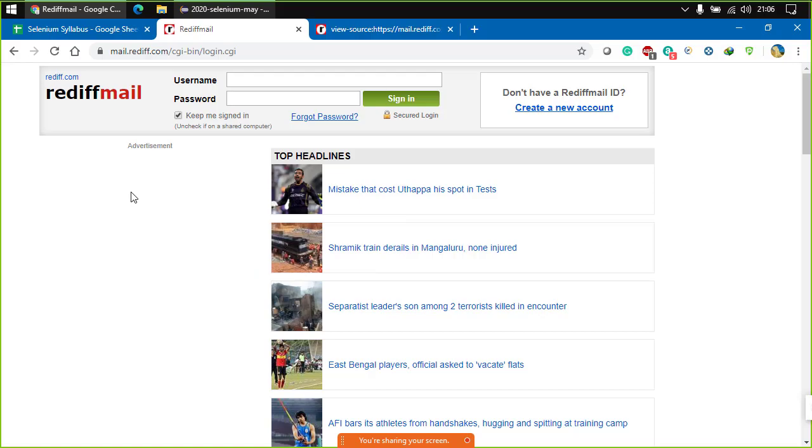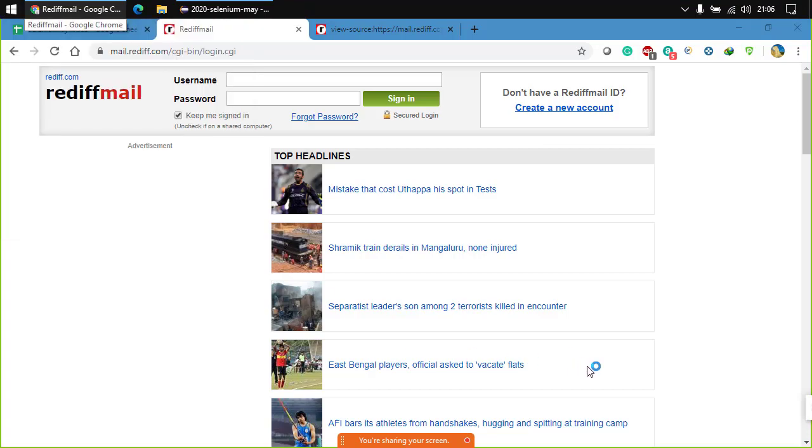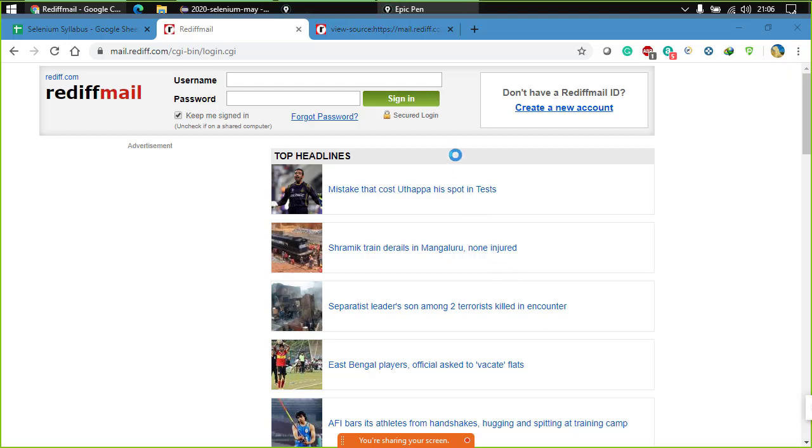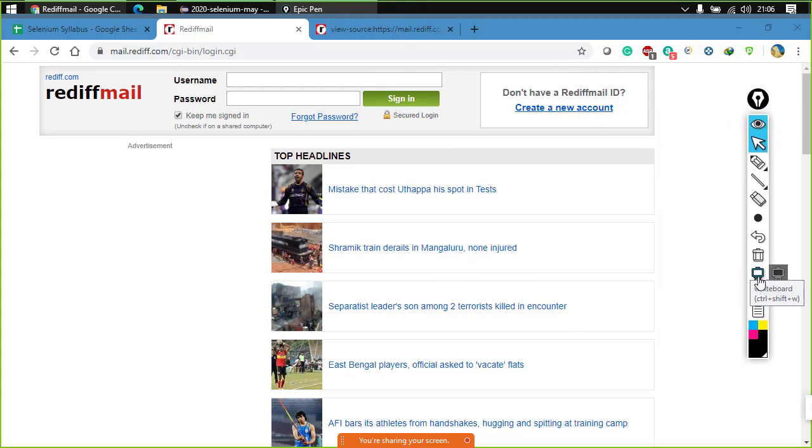Developer tools is available on all of the major browsers, all the browsers which we will be going to use, say Chrome, or Firefox. All the browsers have this thing. What is this? Developer tools.